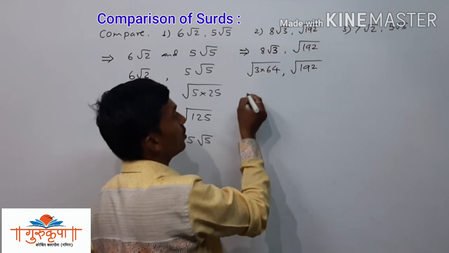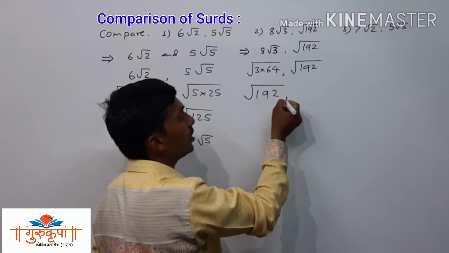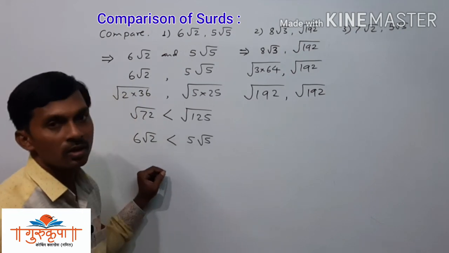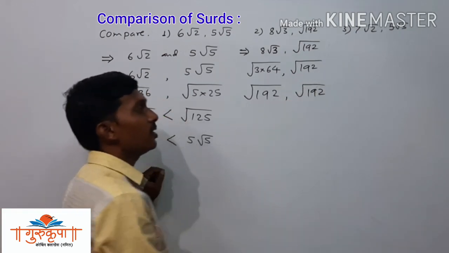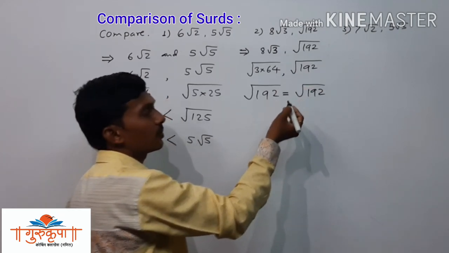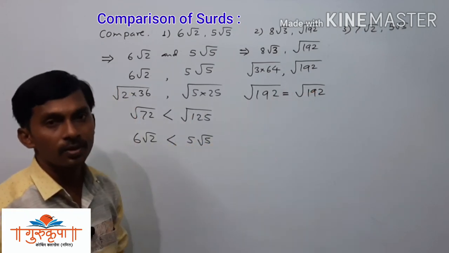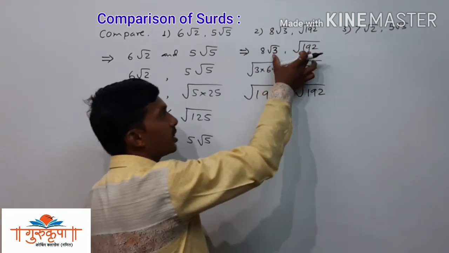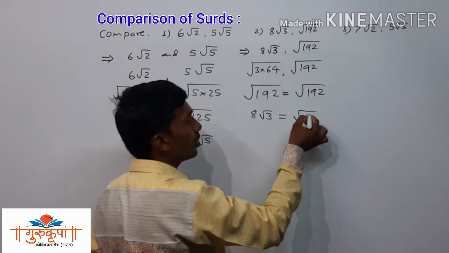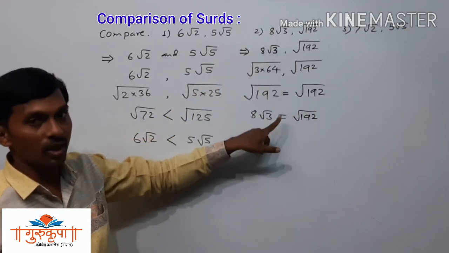Now we have to take the product of these two, that is square root of 3 4 12, 1 carry 3 6 18 plus 1 19. And now which one is bigger and which one is smaller? Which surd is bigger and which surd is smaller? Here both the surds are equal. 192 is equal to 192. So here we can write both the numbers which we have given and they are equal. Both the surds given are equal.